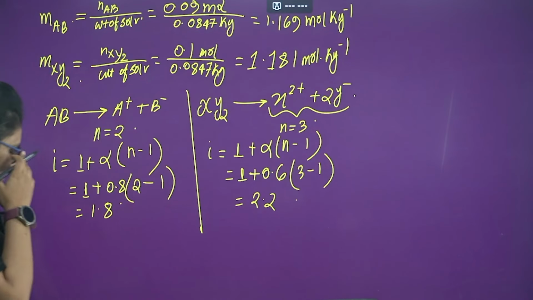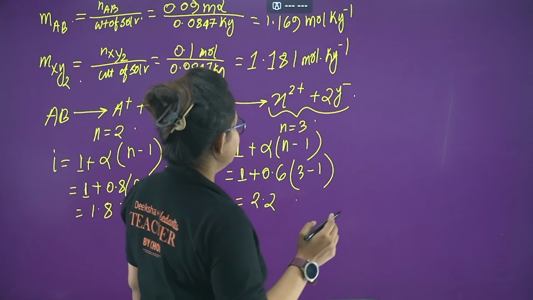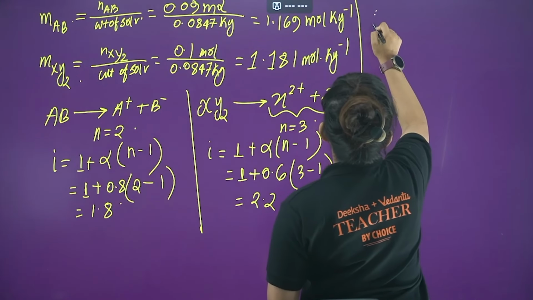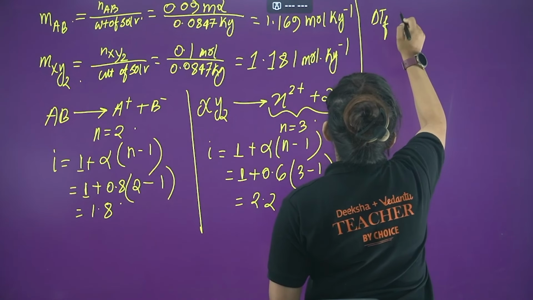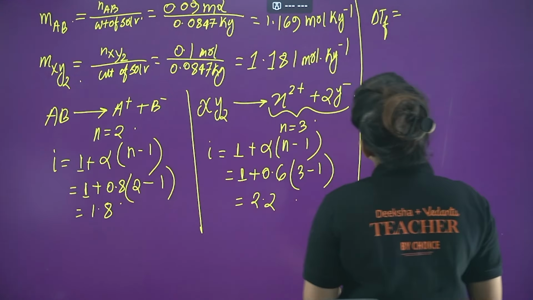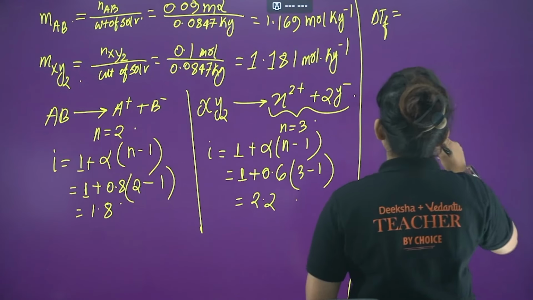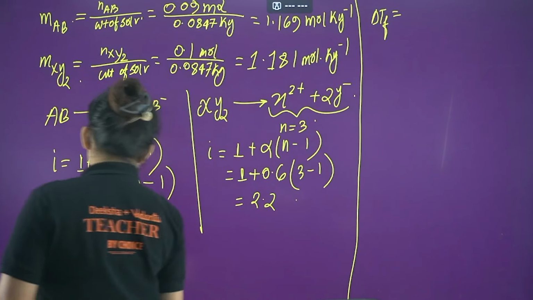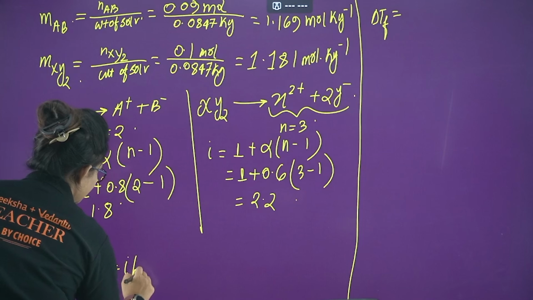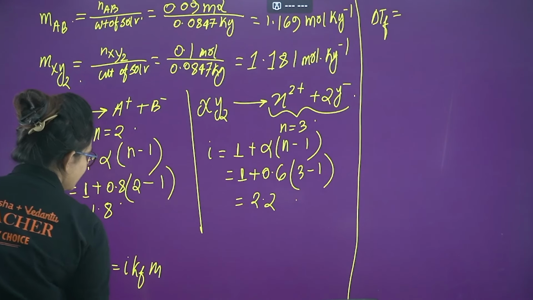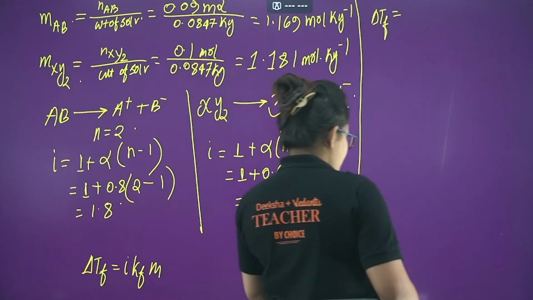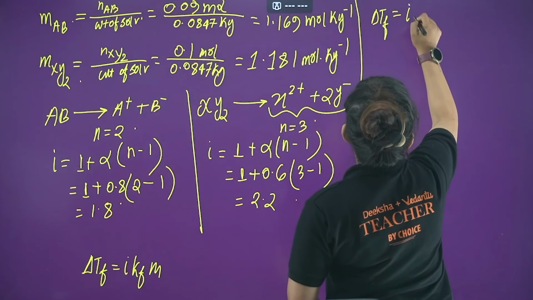Now what you have to do? Now let's find out the delta TF. Delta TF is coming because of this solution and this solution as well, so simply add them. What was the general formula of delta TF? Delta TF equals i into KF into m, but here I have two components, so add the two components individually. So I am going to do i of AB